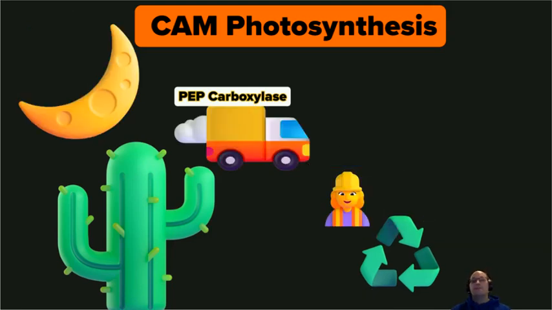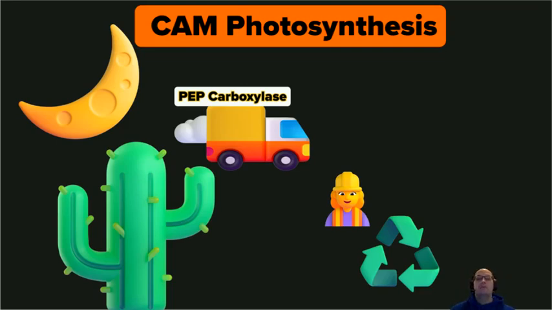So in CAM photosynthesis, we're still doing carbon fixation. It's very much like C4. We're just doing the carbon fixation phase at night. We're pressing pause on photosynthesis, and then we're going to give that carbon dioxide to rubisco when the light reactions are able to run, and we can get the Calvin cycle going when the sun comes up